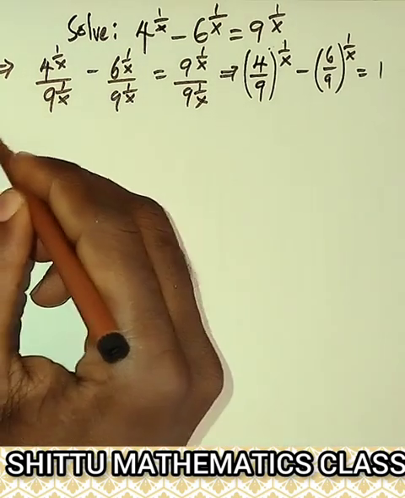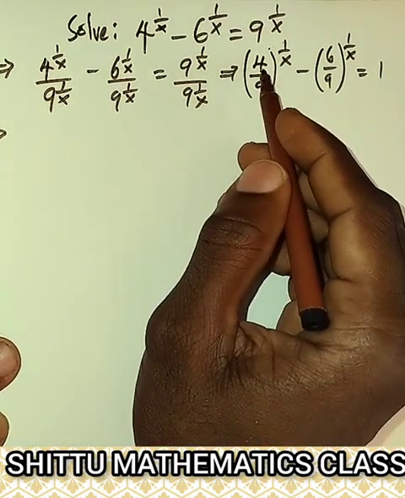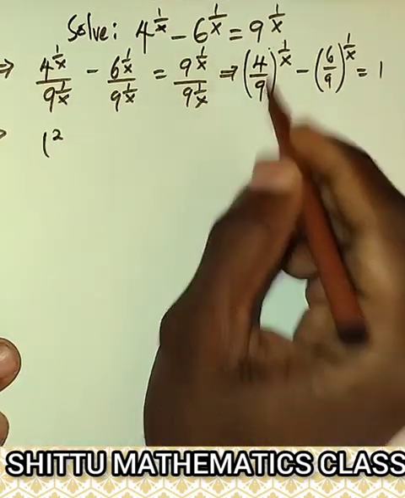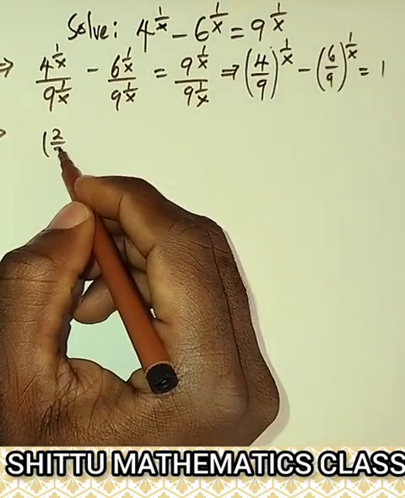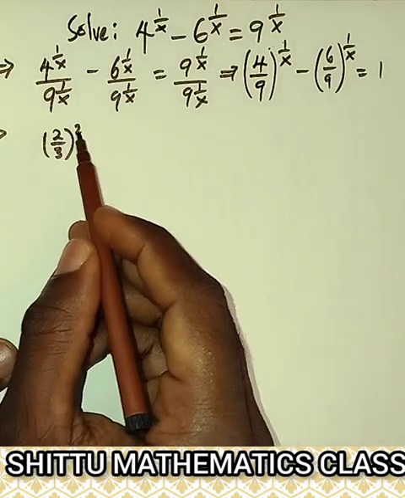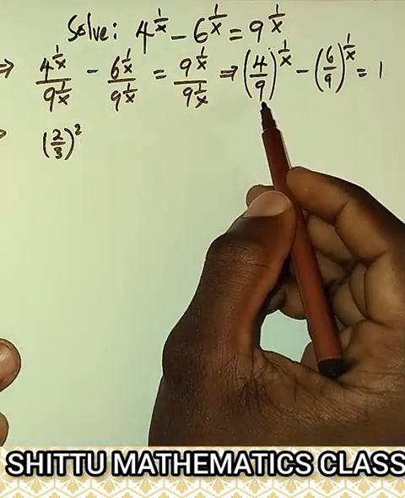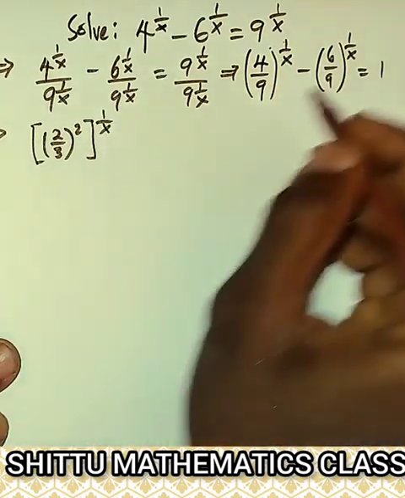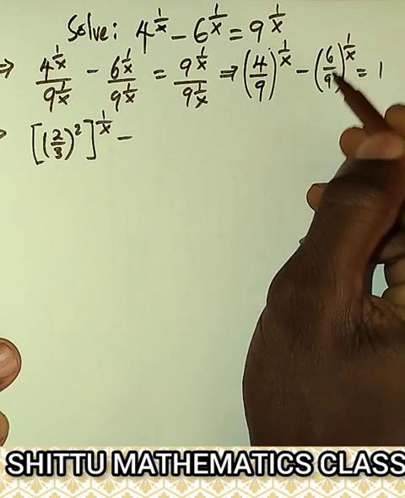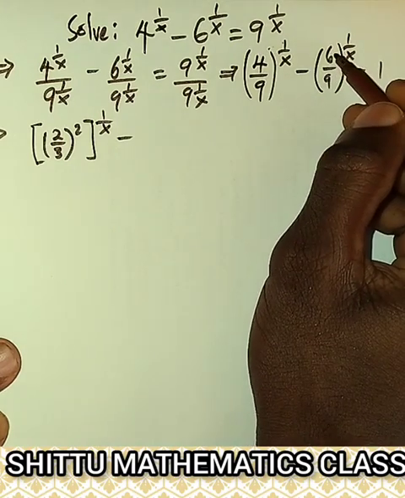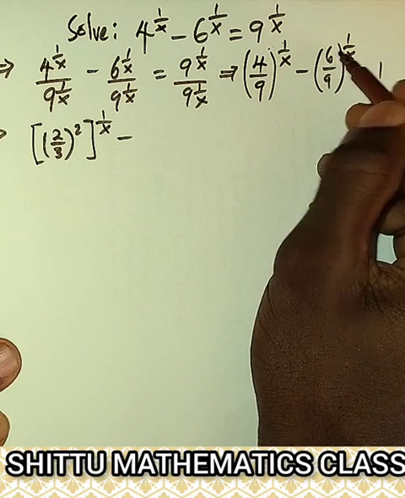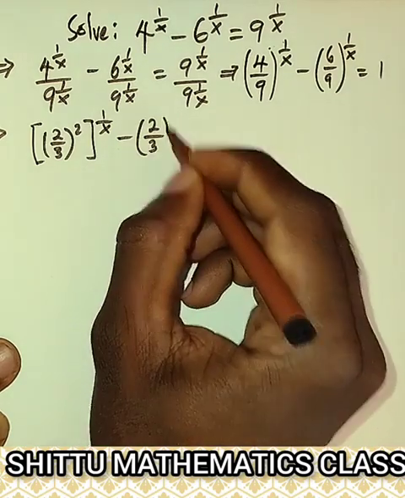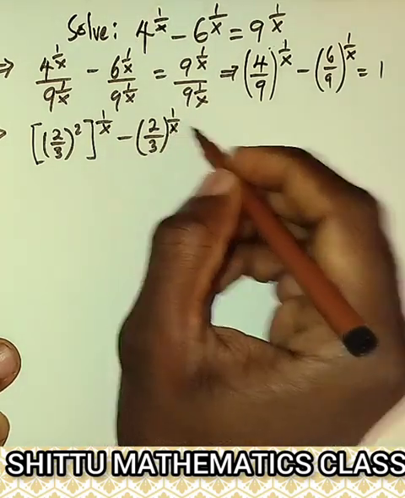So the next thing we are going to do is we can write this in index form, that is 2 over 3 squared, because 2 squared gives us 4 and 3 squared gives me 9. So I have the power outside, that is 1 over x. Then also here I can divide 6 by 3 and I have 2, then dividing 9 by 3, I have 3. Then we have 2 over 3 to the power 1 over x,